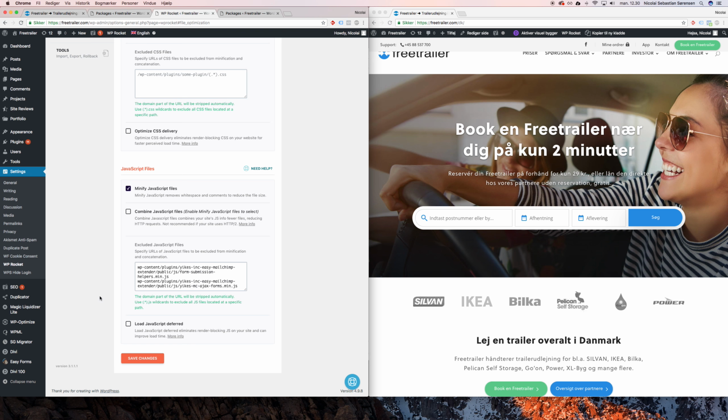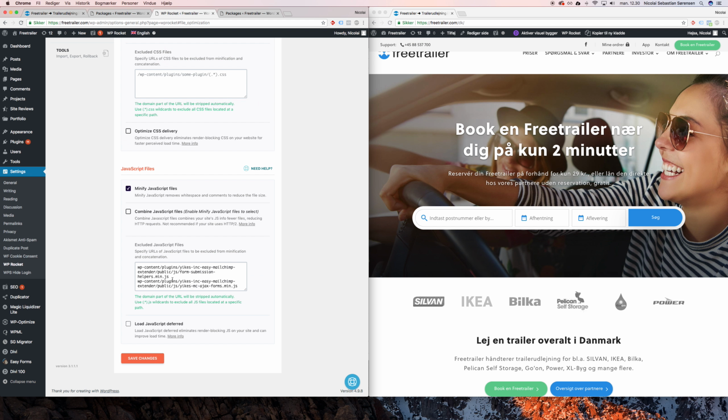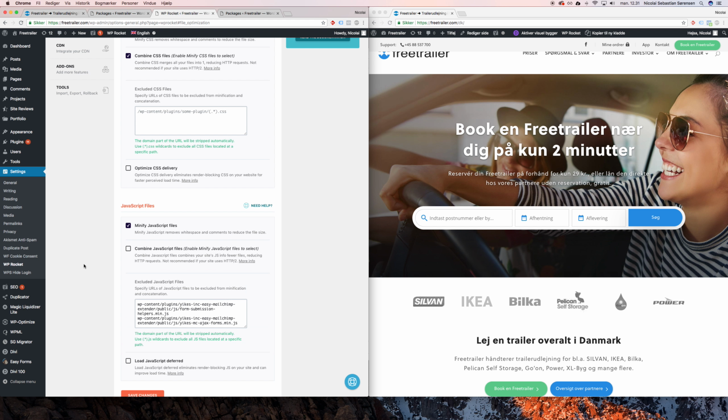By deferring files, it's basically choosing how you want to, or in which order you want to load different scripts in. I don't use it yet because I've seen websites break a lot using it, so it's not